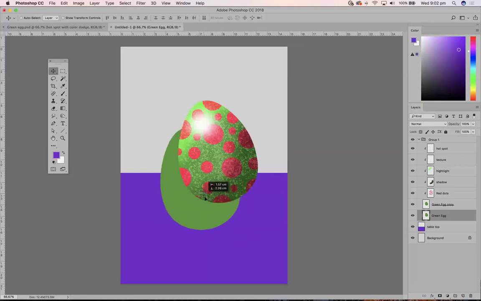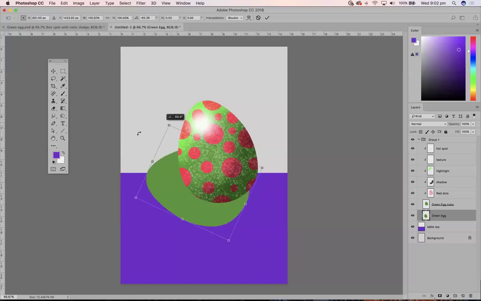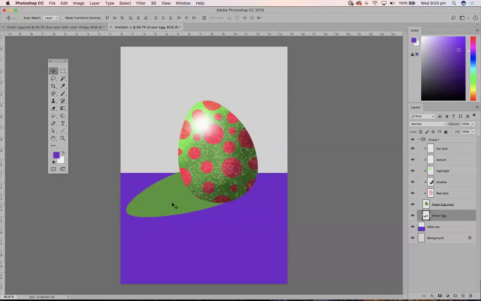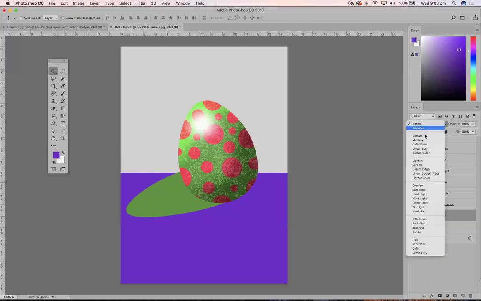And all I did to create the shadow, don't worry about changing the color, leave it green. I just went Control T for transform. I rotated it that way. And then I held down the Shift key and distorted it. You can do that sort of a thing. Make it skinny, long and skinny. And it doesn't look like a shadow yet until, let me just make it a bit longer, until I change the blending mode. If I choose multiply,